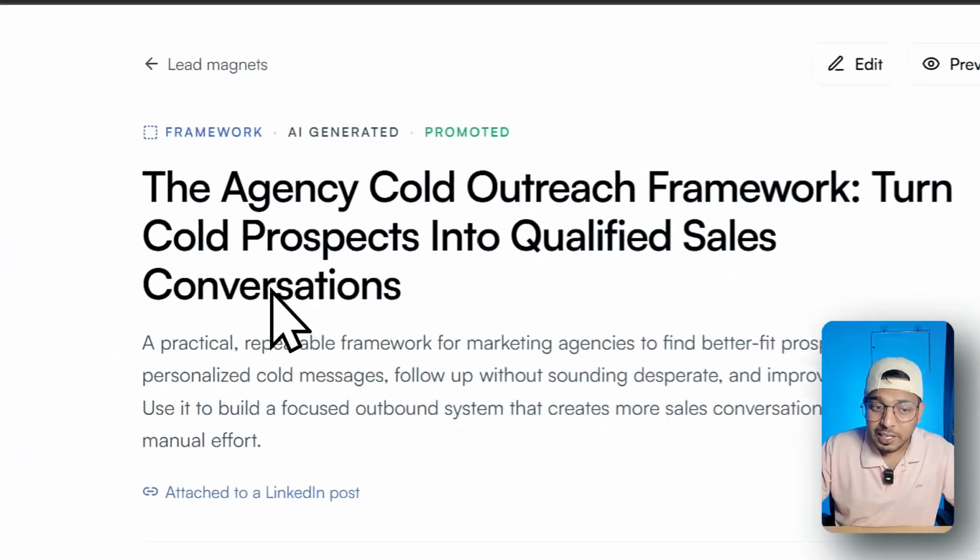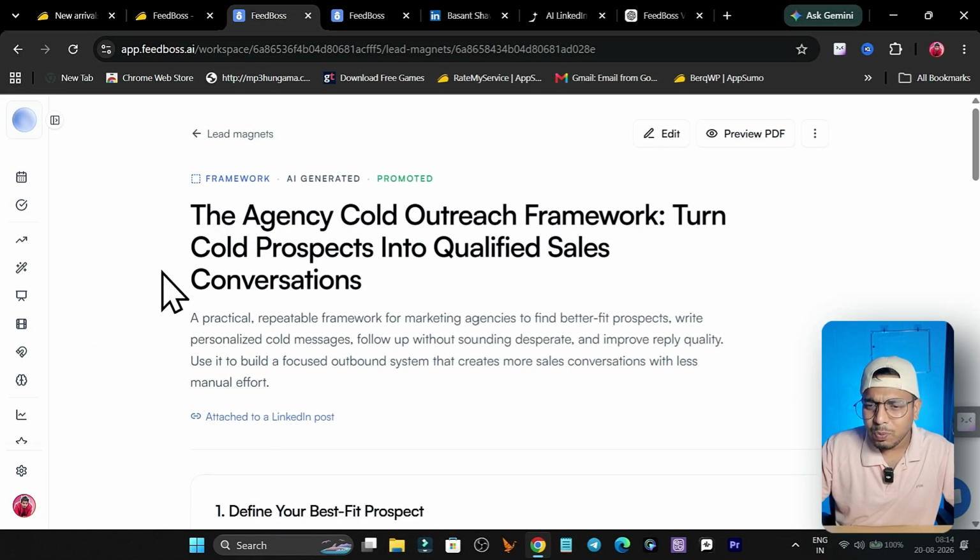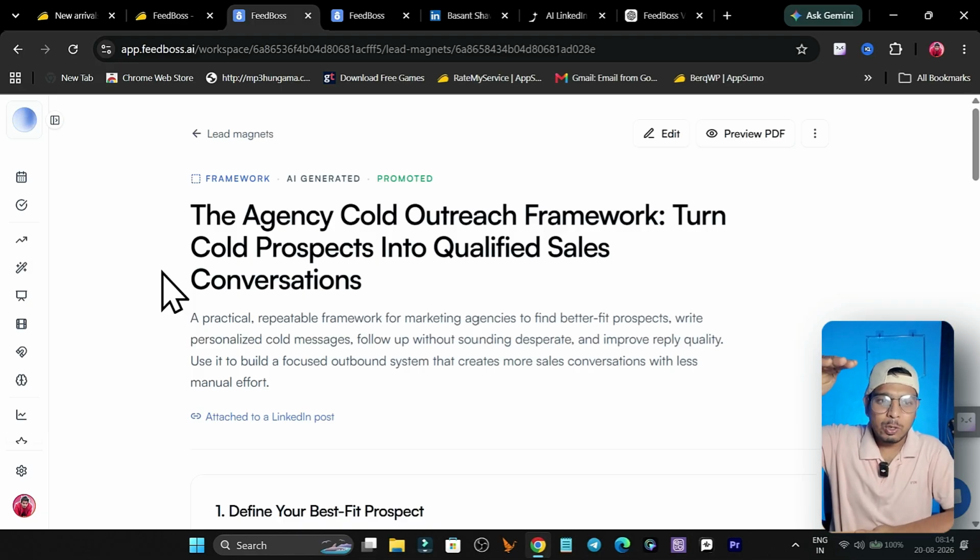I can literally give away this lead magnet, and can you guess how much time it took me to audit my profile, get all of my pillar content and content gaps, the content research, post generation, the carousels, the PDFs, the lead magnets? All it took was around 2 to 5 minutes. Yes, literally under 5 minutes, I went from this to this, growing my audience on LinkedIn. This is what this tool can do, and the power of Feedboss.